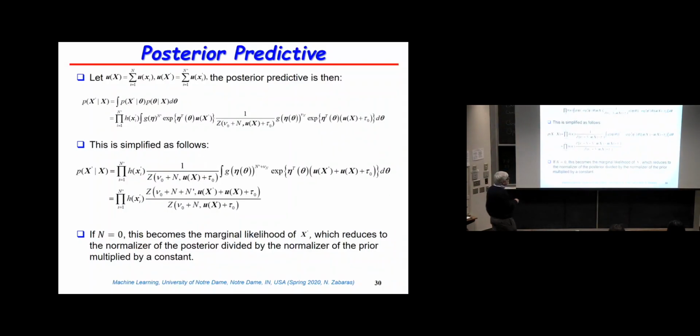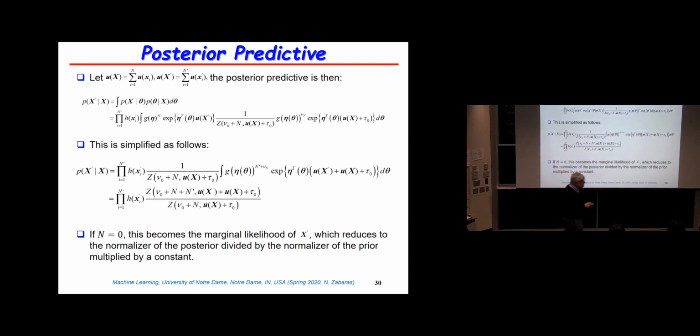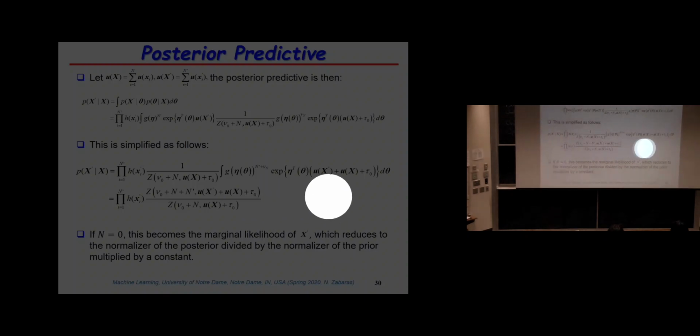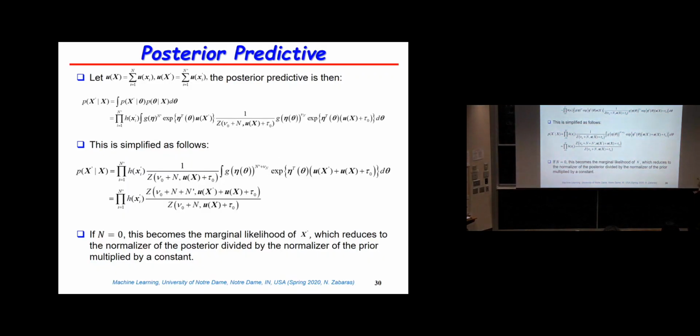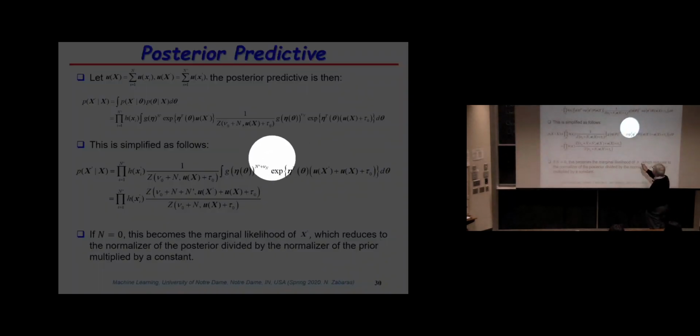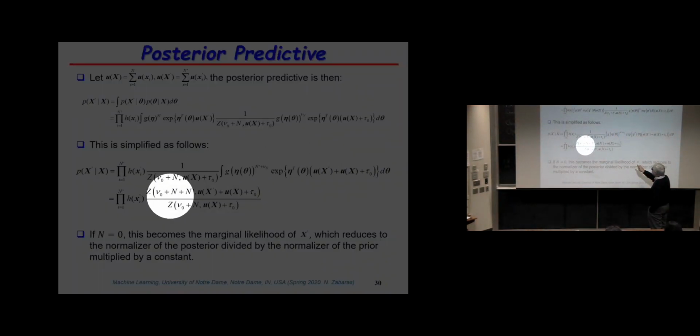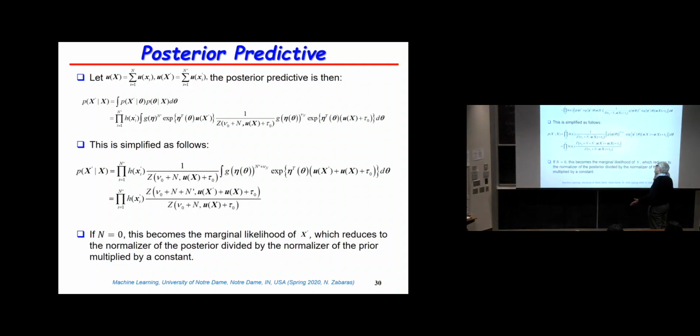That integral is the normalization factor of what? Of another distribution from the exponential family. With what parameters? With sufficient statistics u of x prime and u of x plus tau 0, which you see here. And what coefficient? nu is n prime plus nu subscript n, which is nu 0 plus n. All right? So effectively, the predicted distribution is some